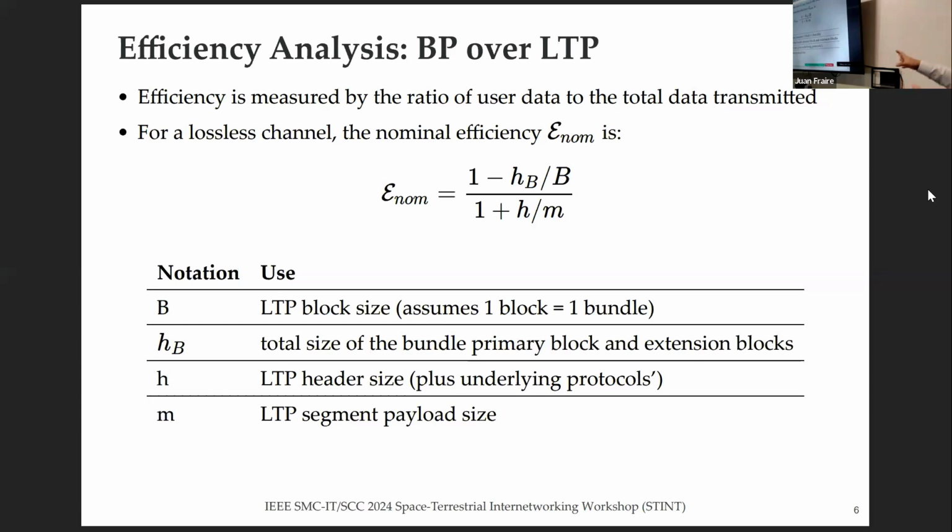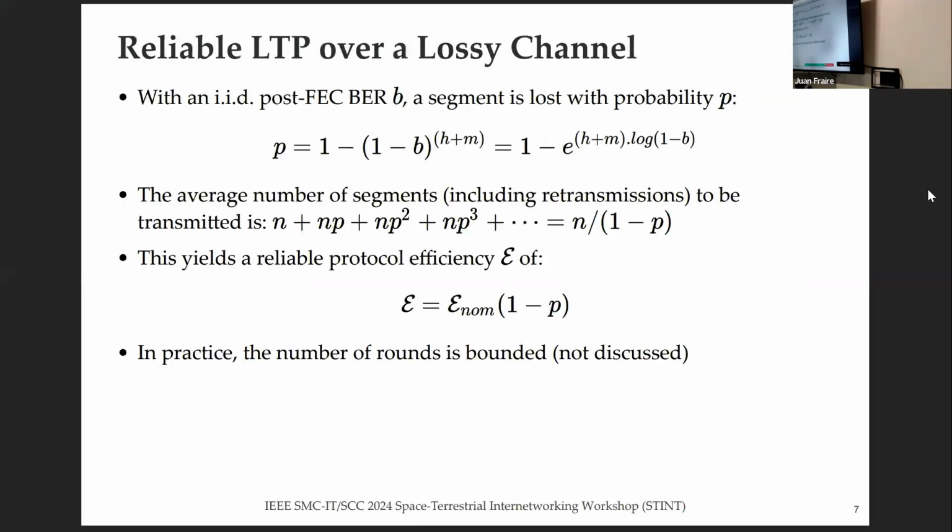Now, this is for the ideal case where we have no losses in the channel. What will happen if we do have losses? In that case, we have to consider what will be the bit error rate of the channel, which essentially we can treat as a probability, right? The probability of having a bit flip when transmitting data. If we assume, and this is a very generic assumption, that the errors are distributed identically, independently,